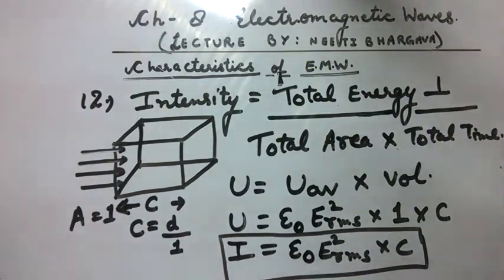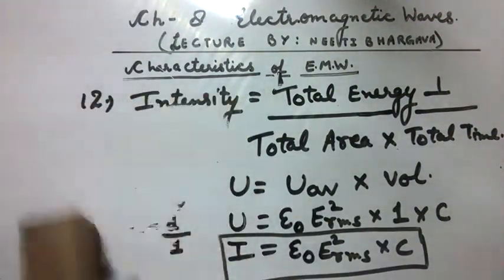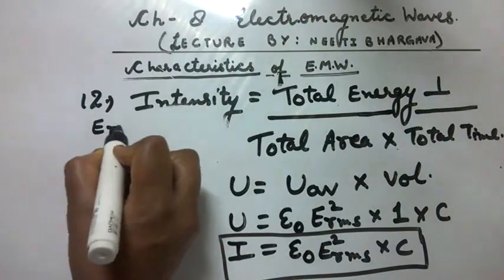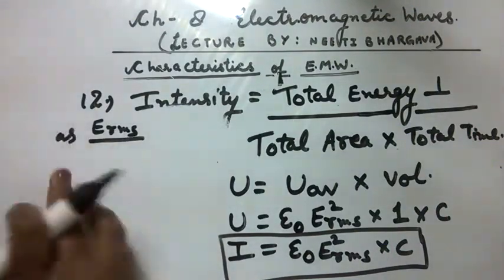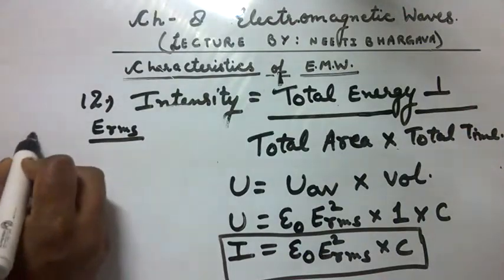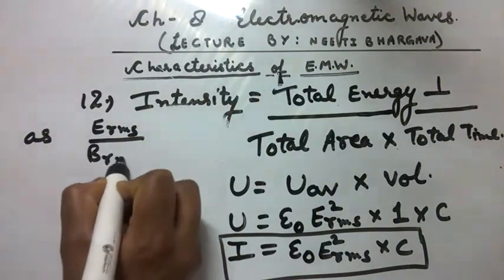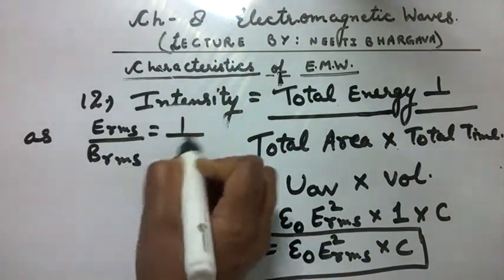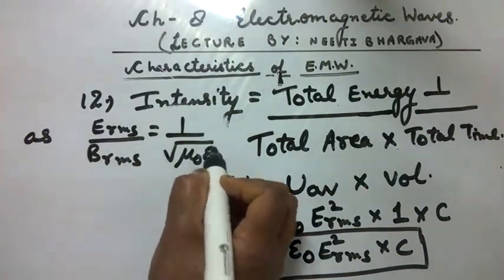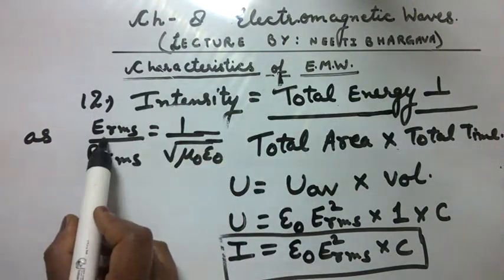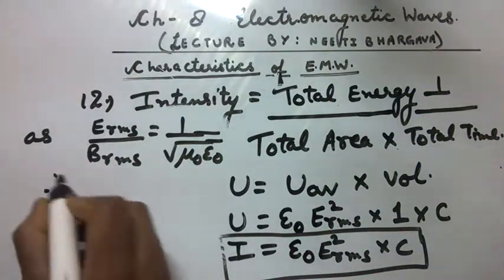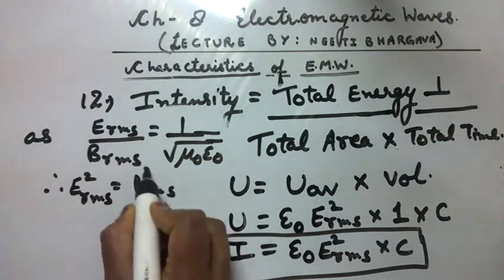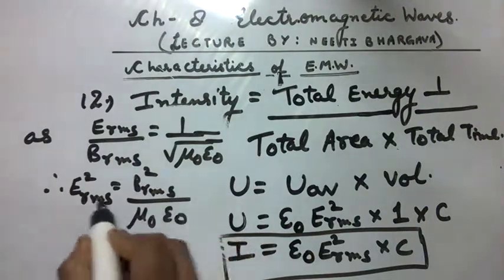As we know that root mean square value of electric field, E_RMS by B_RMS, is equal to the speed of light, which is equal to 1 by root of mu naught epsilon naught. Therefore, by this we can write E_RMS square is equal to B_RMS square by mu naught epsilon naught. Substitute this value in this equation, we get